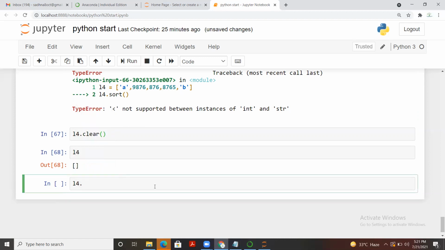So these are all the functions that we covered today for the list. And apart from this, we have talked about the different data types that we do have and how to define a variable and all. In the next class, we're going to talk about the different structures like tuple, dictionary, set and all.